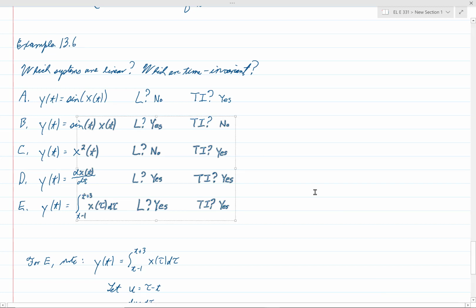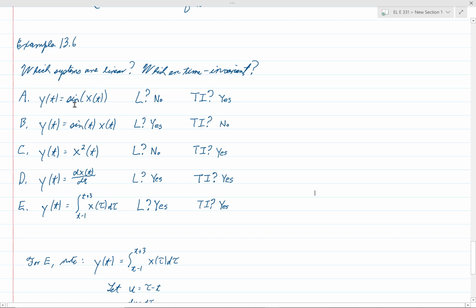Yes, indeed. Different books use slightly different terminology, so I wanted to make sure of what we had, and I went back to lecture 6. But indeed, it is the additivity property and the scaling property. That's what we need to check to see if a system is linear. And then for time invariance, what we want to check is to see if when we have input x of t plus tau, does that give us output y of t plus tau? And so if we go down the list,